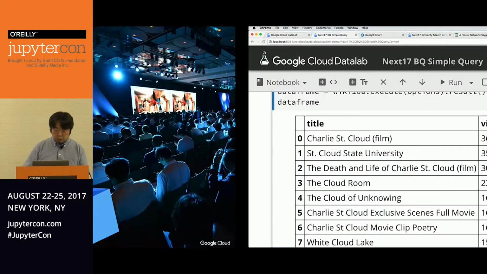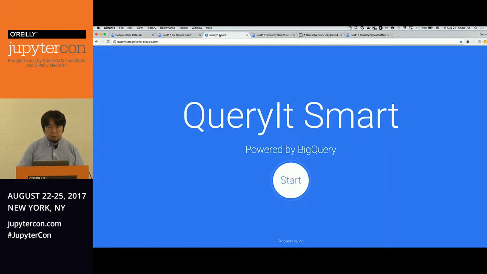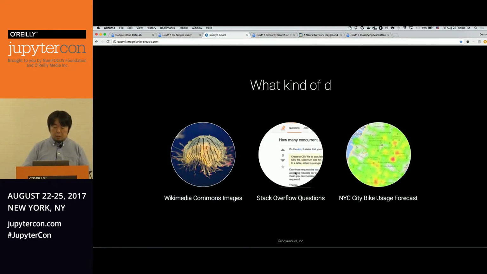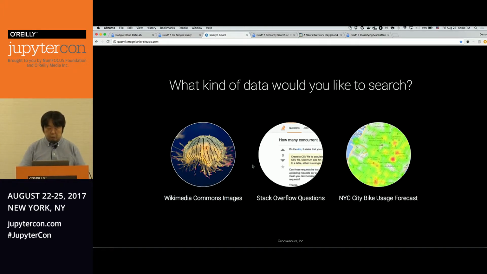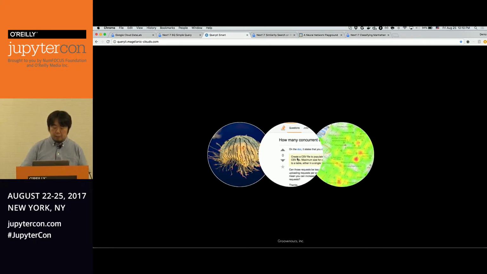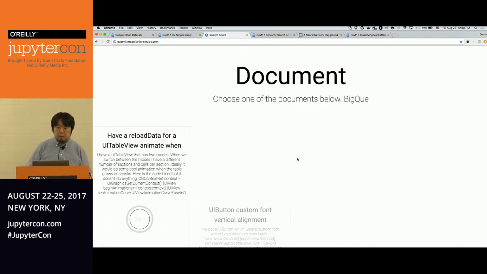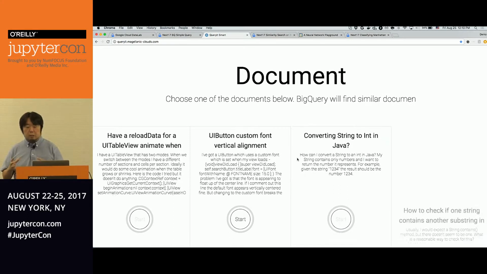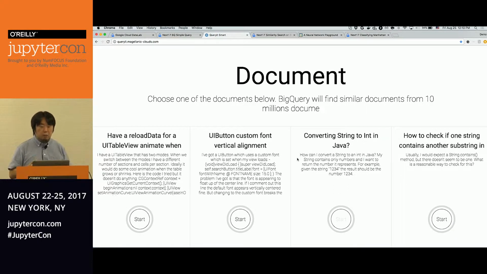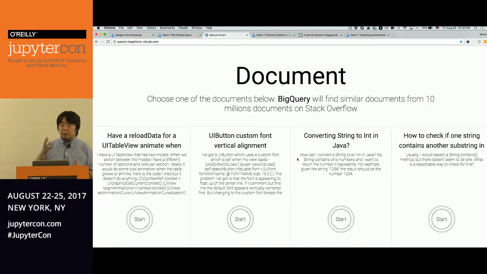So let me show some interesting example demonstration first. This is a demonstration called Query Smart, where you can choose 3 different kinds of queries. I will be running a document similarity search as a sample. This is a sample query of Query Smart that will be searching for a similar document, a document similar to